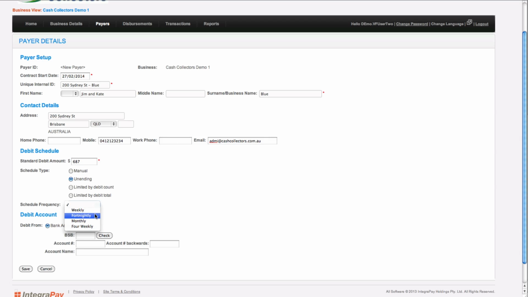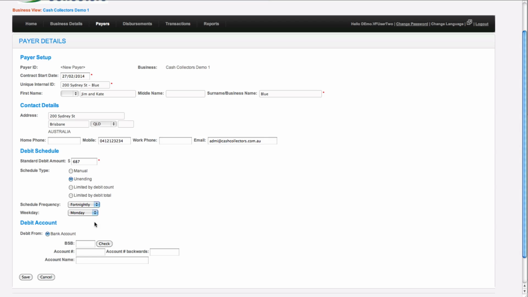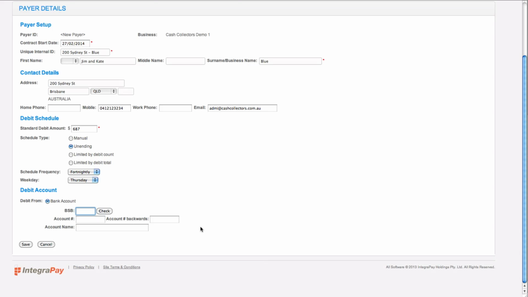So we're going to do this on a fortnightly basis, and just to check on our DDR form, it's a fortnightly basis. It's correct. So fortnightly basis and the day of the week, whichever one suits their pay period, and we'll take it as a Thursday. So the bank account, where the bank account will be on the DDR. In this case it's blank, but as a demo we are putting in